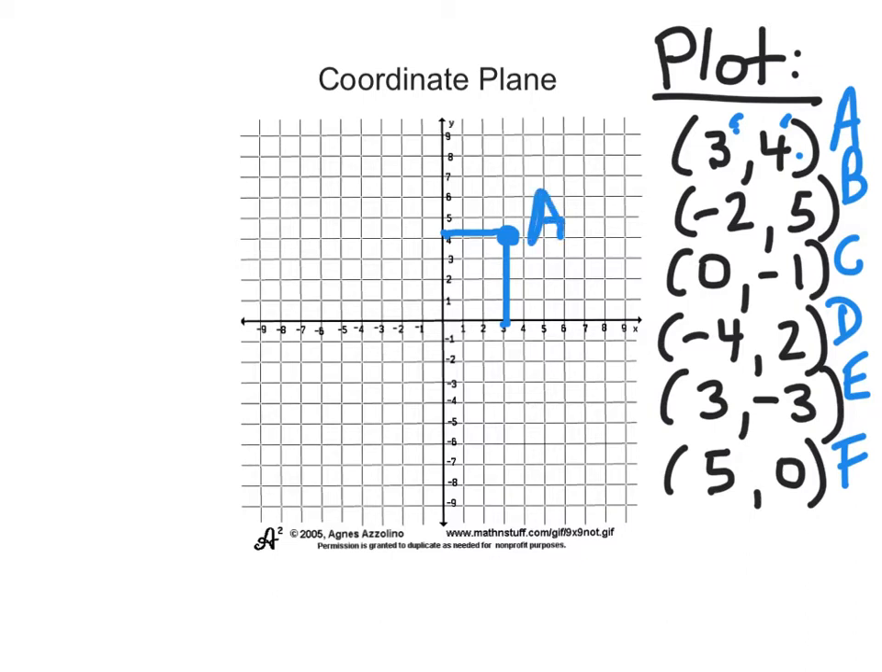Point B, the x value, the first value, is -2 and the y value is 5. So the x value, I'd start at 0 and go 2 to the left. So that would be right here on the x-axis. And the y value is 5, so that's up where 5 is on the y-axis. If I follow those over to where they meet,